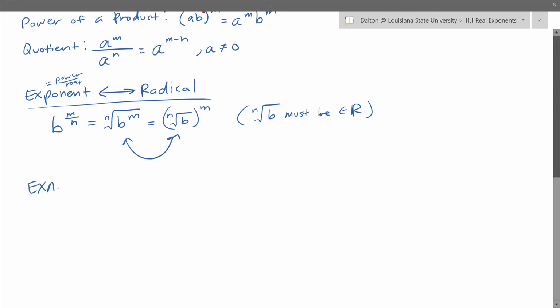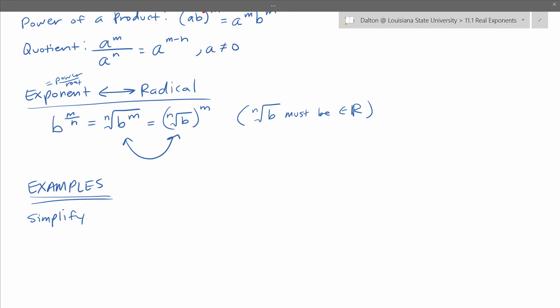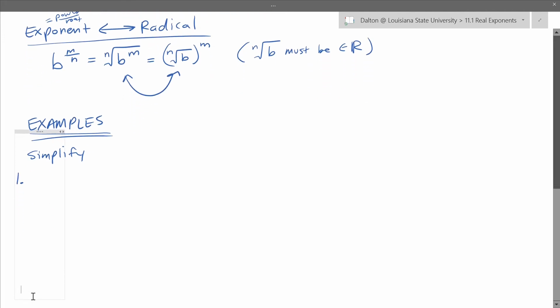Okay, so examples. Oh, I can't even spell examples. How about that? All right, so the first directions are going to be to simplify. Now, when simplifying, and we'll talk about this a little bit later, basically your final answer should be written as radicals, not with rational exponents. Additionally, the square root of 16 is not simplified. If you can actually compute something, you need to go ahead and do that. Okay, so when we simplify this,